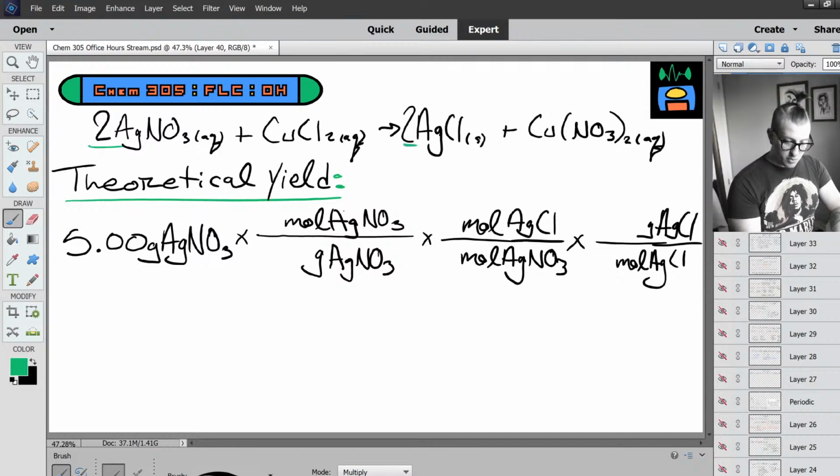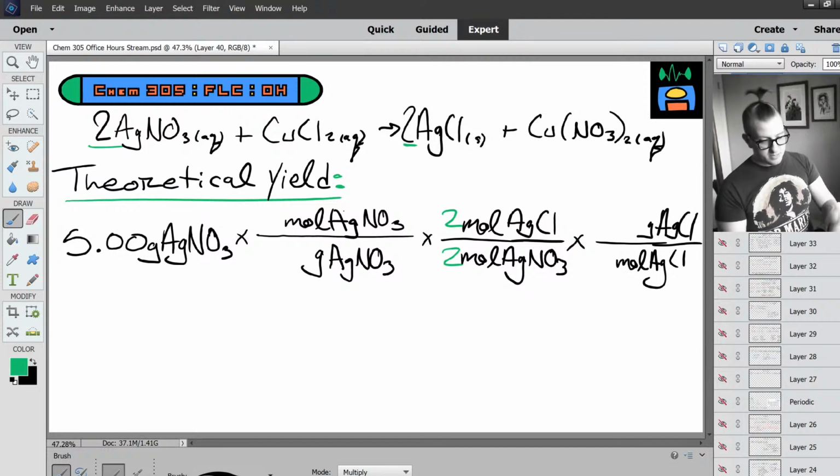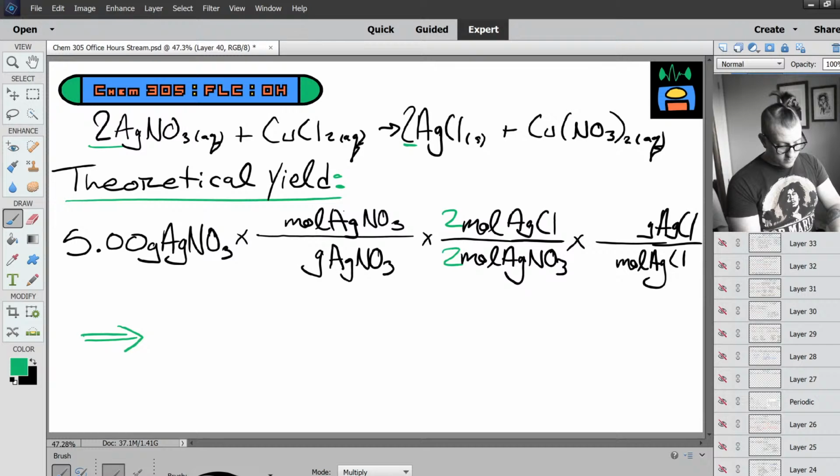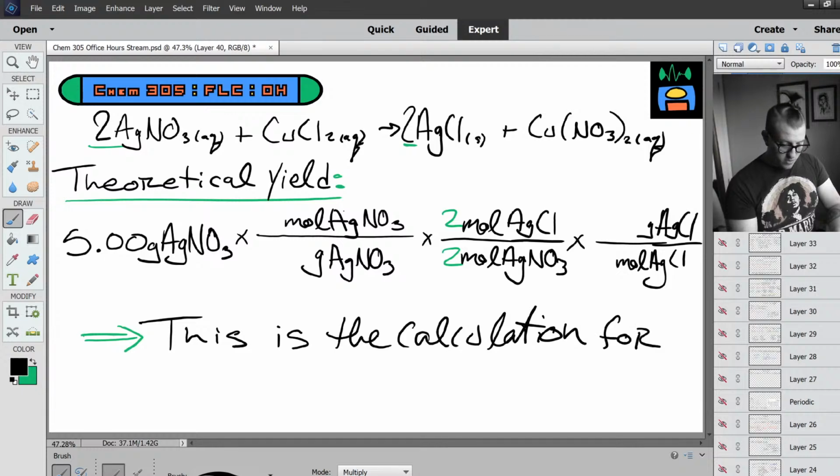And as always, you pull the molar ratios in from the balanced chemical equation, you calculate the molecular weights. So this is the calculation for